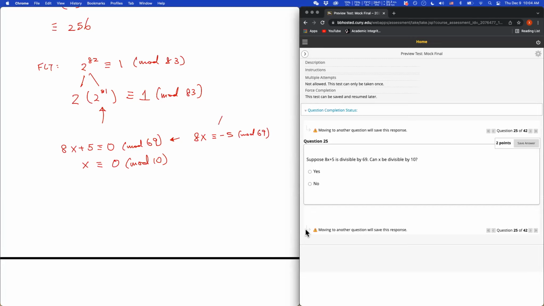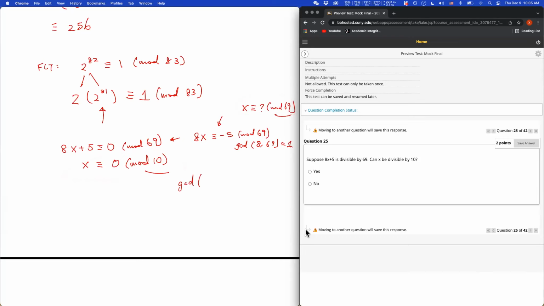Well, we know this will have a solution since the GCD of 8 and 69 is 1. So you know there will be a solution, x congruent to something mod 69. Now, can you find a number that's both something mod 69 and congruent to 0 mod 10? Now the answer is also yes, because according to the Chinese remainder theorem, you can find a number that's something mod 10 and something mod 69,